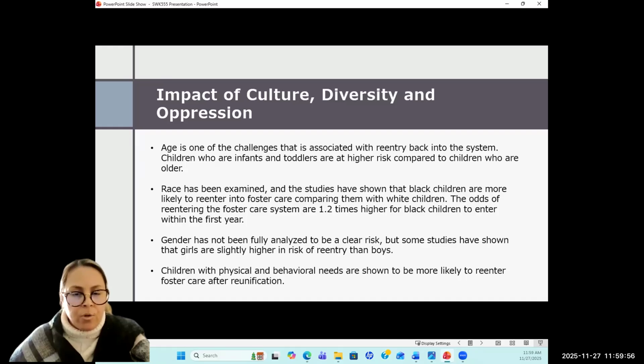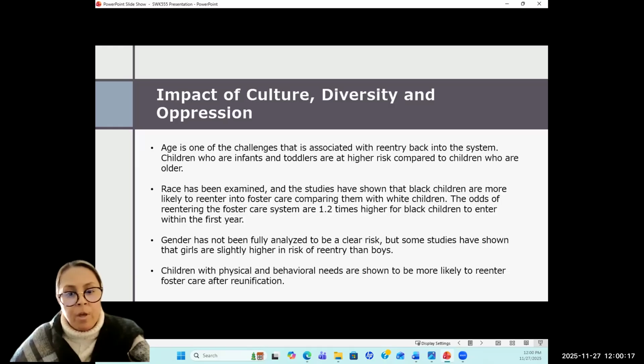The odds of re-entering the foster care system are 1.2 times higher for Black children within the first year. Gender has not been fully analyzed to be a clear risk, but some studies have shown that girls are slightly higher in risk of re-entry than boys.